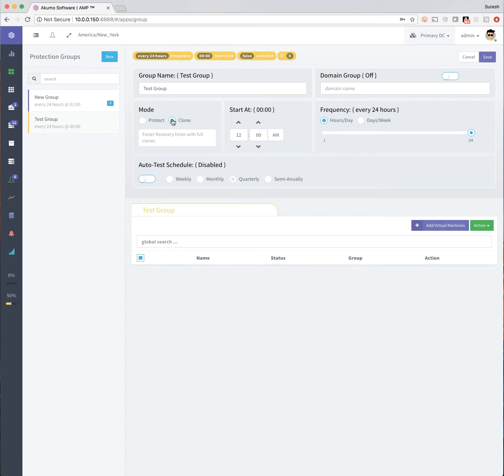Clone is a mode which gives you much faster recovery times in the cloud. So if you have applications that you want to actually bring up in minutes, clone is a good operation to set for the group, but at the cost of doing fulls while it's protecting the VM. So if you have a relatively fast network and you have some applications that require faster recovery SLAs, clone is a good option. You specify the start time, the SLA of how often and when you want the VMs protected,